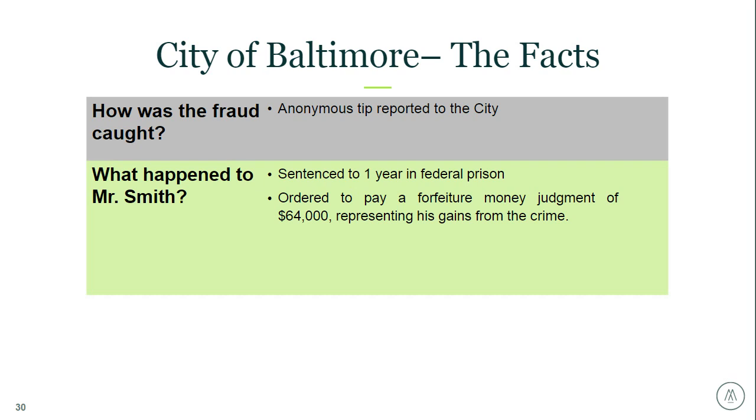So for the dollar amount, that might not seem like a significant amount of money for a city the size of Baltimore, but we know that his gains were less than $10,000 for each project that he performed. So they were small amounts that added up over the 22 different properties he illegally did work for. Not to mention the city incurred overtime charges and paid his crews for the time they spent on these projects. And those small amounts can be hard to identify, but they can add up to a much larger amount over time. So if the fraud had not been reported earlier in the process, it could have grown much larger.